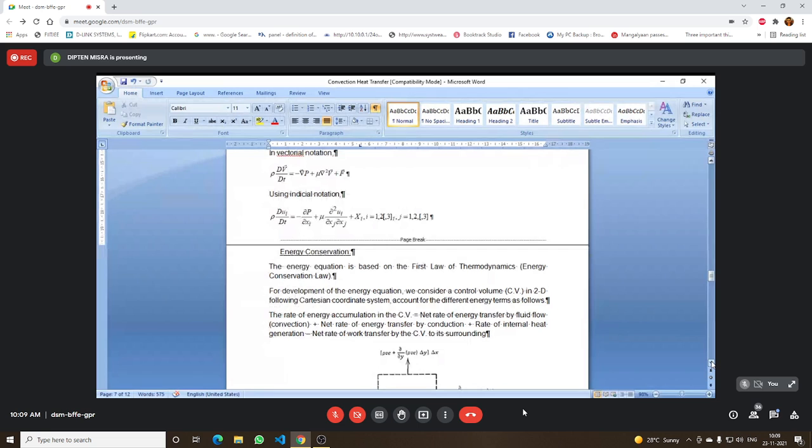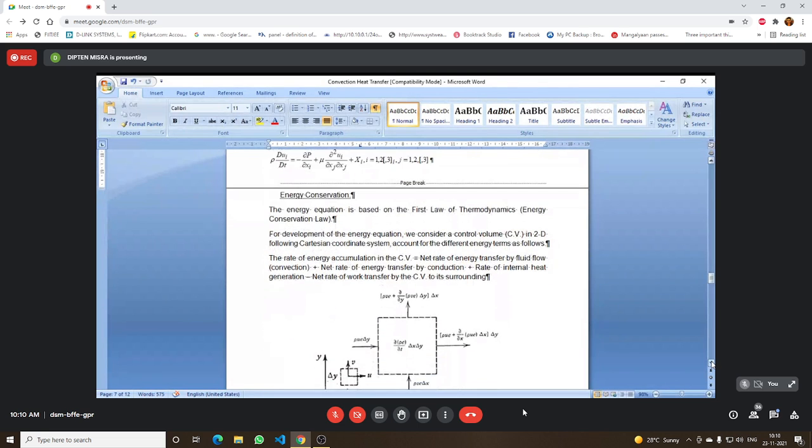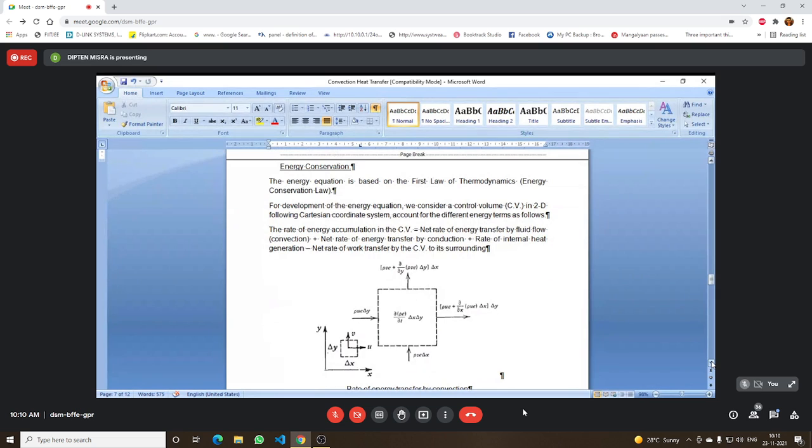Now temperature will come when we consider the energy conservation equation. So we have to discuss the energy conservation equation to find out the temperature term, a differential equation in terms of temperature, and solution of that will lead us to find out how T varies with x, y, z and time. And once we find out that thing, then we can find out the temperature gradient. So it is essential for us to consider the energy equation whenever we are trying to find out the temperature distribution either for a forced convection or for a natural convection.